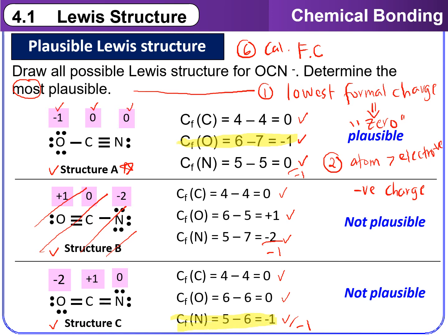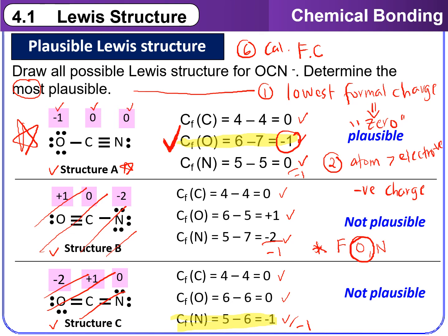Between oxygen and nitrogen, oxygen is more electronegative. Keep in mind that the most electronegative element in the periodic table is fluorine, followed by oxygen, and the third is nitrogen. Therefore, oxygen is more electronegative, and its formal charge is supposed to be -1. So that's why structure C is also out, and structure A is the most plausible